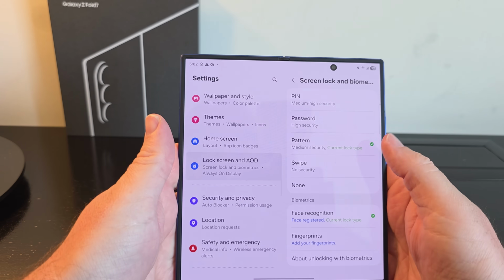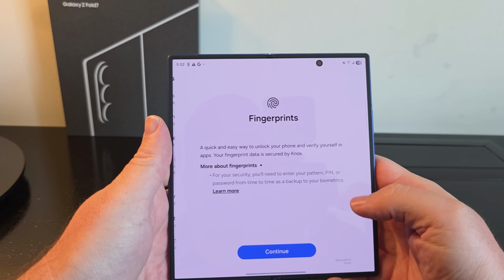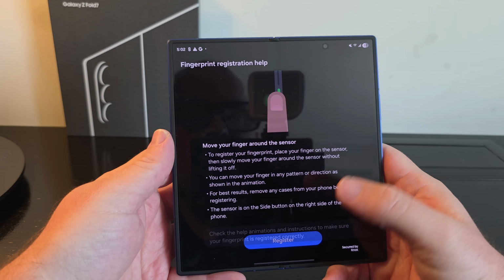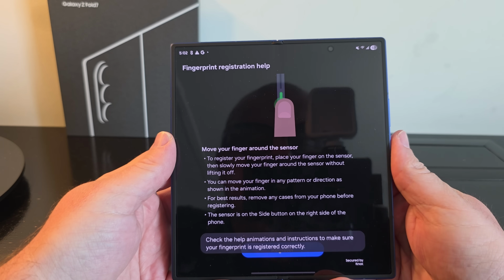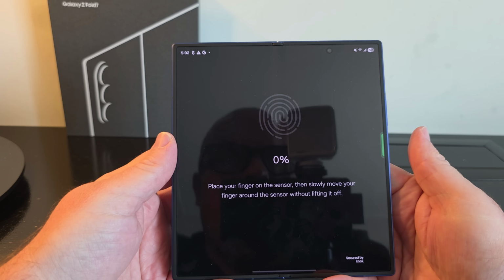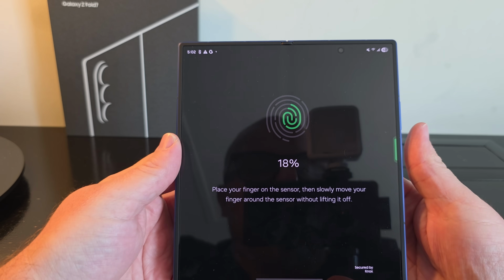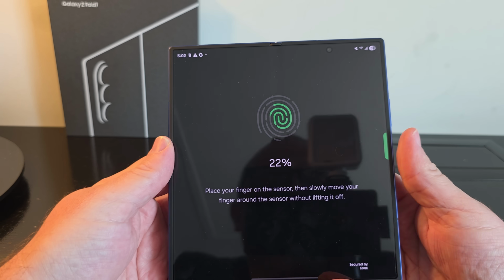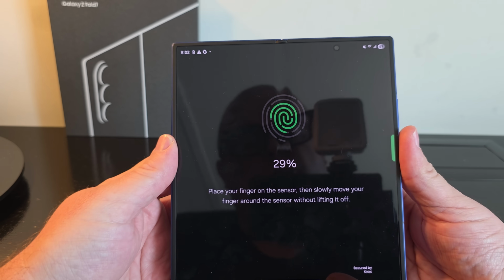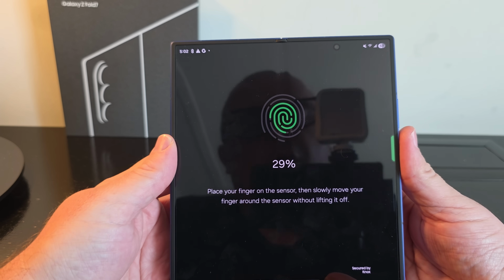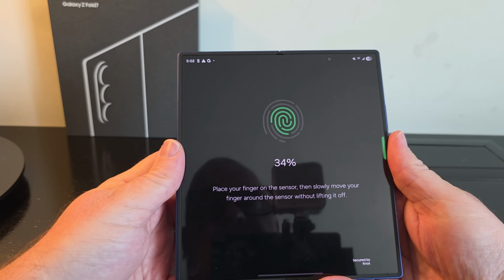Unlock your phone. And I didn't set up my fingerprint, so I'm going to come in here and set up my fingerprint. I'm going to register it and go from there. So you just do this a bunch of times. Adjust your thumb or your index finger or whichever finger you're using so that you can cover all points of the finger so that you can get the